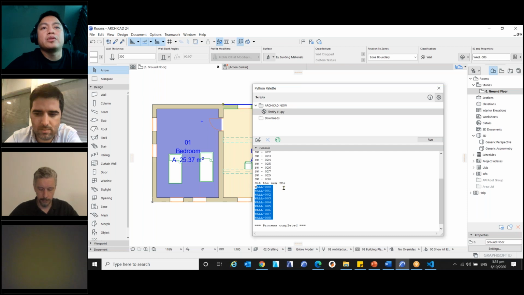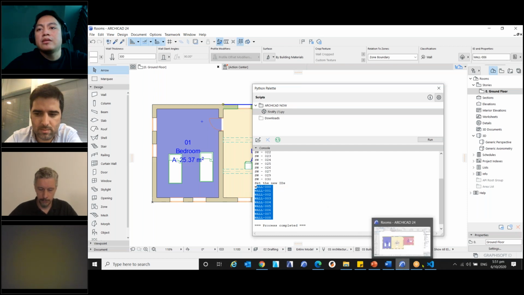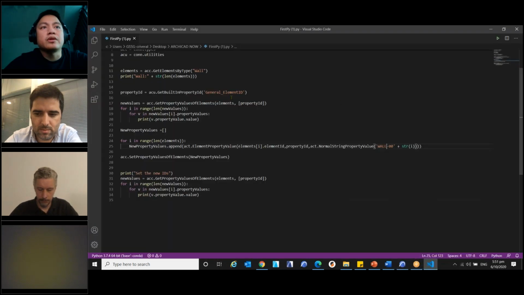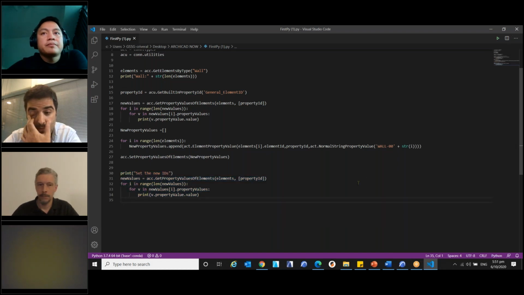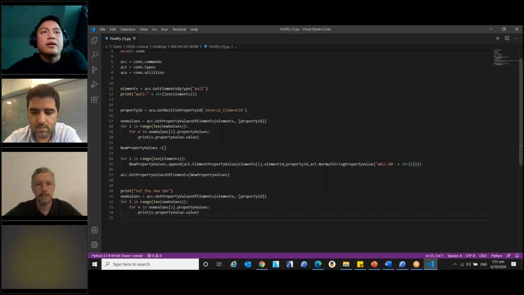Yep. So this one, we go to my Visual Studio again. What happened here is we set the value. This is the portion where you need to get the property value of the element and set it. Okay, is this clear? I know this is a bit heavy because most of the functions and commands here are